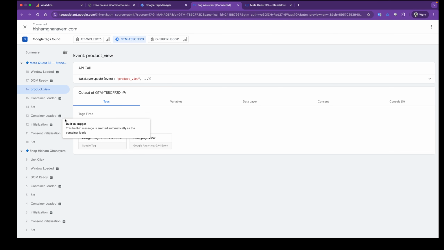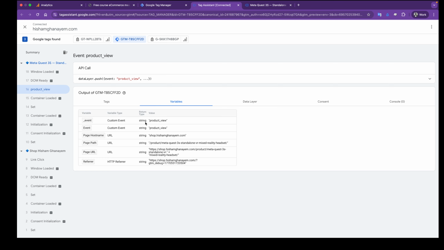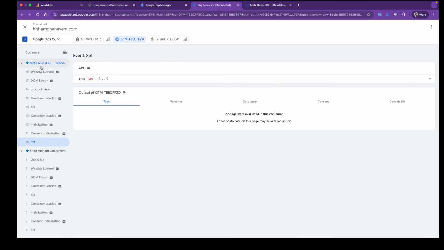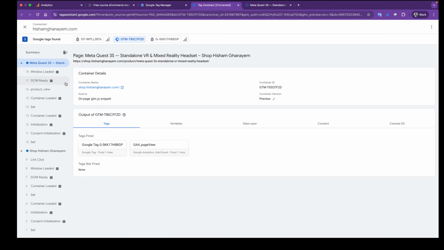on the preview, and then you see what variables I have here. So okay, I have product view as an event name. That's great. What did I fire? I fired the page view. Oh no, I didn't fire the page view here. I fired the page view, maybe let's see where. Yeah, I fired it here on that event. So you will see what events are being fired and what tags and triggers are being